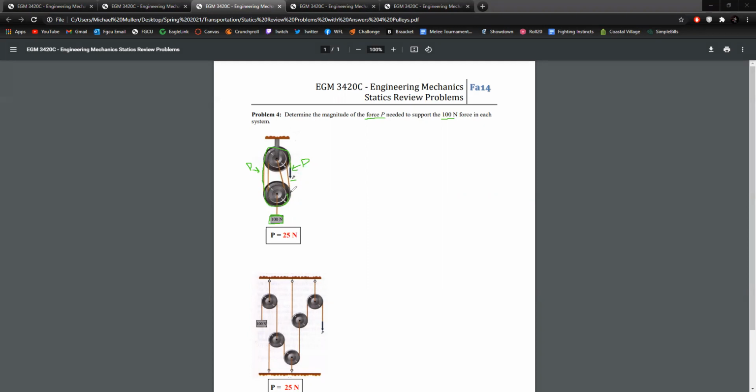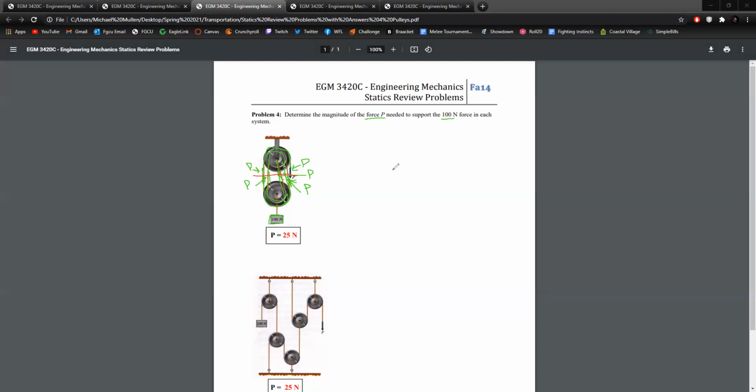Just keep going. And boom. Now that's also P. This is going to keep going around this circle. We have another P. And around one more time up to the fixed support, and that's another P. So we have our first P on the side, and then 1, 2, 3, 4 P's in